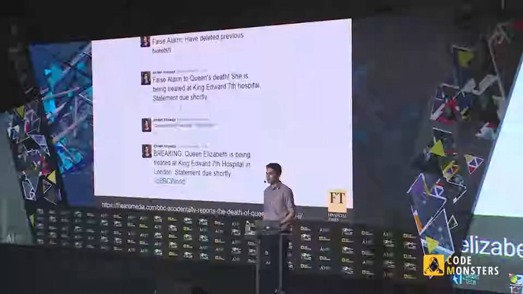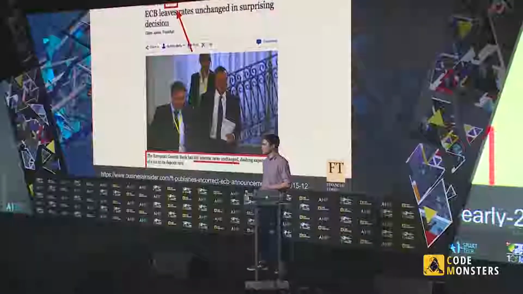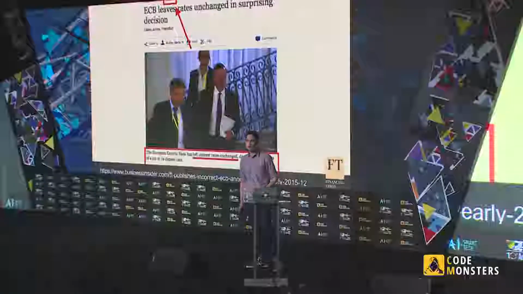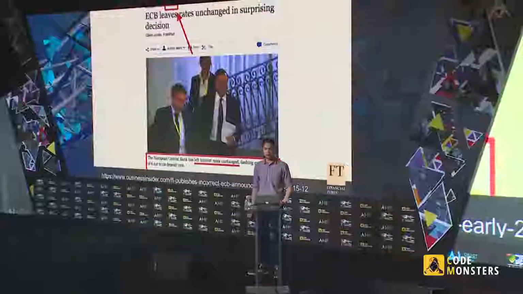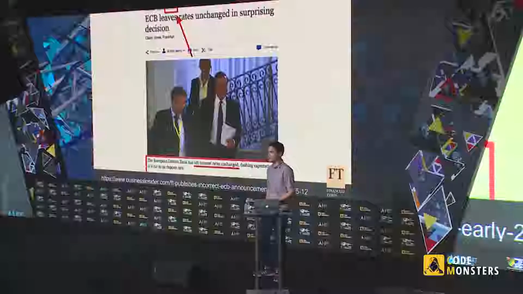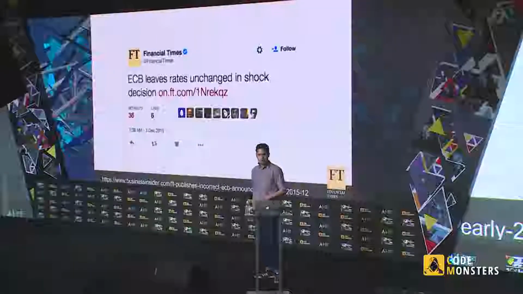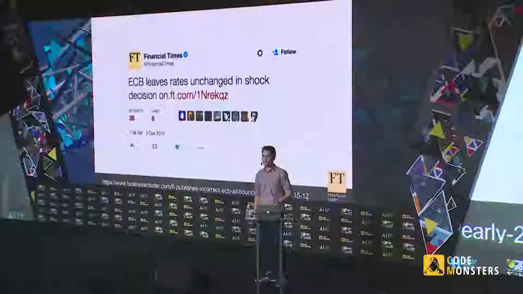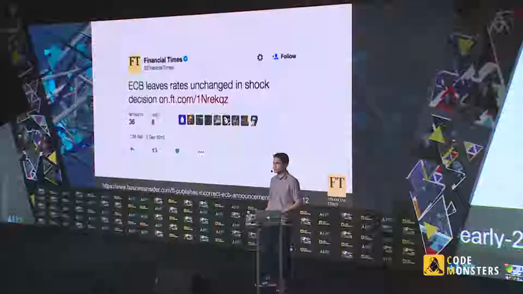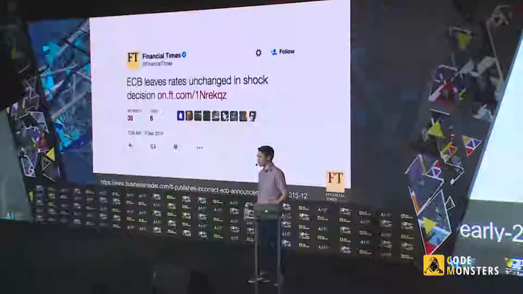In our case, we were updating a draft article about the ECB holding the interest rates steady, and this was the complete opposite of what everyone was expecting to happen. However, instead of updating the draft, the wrong article was accidentally published live, 10 minutes ahead of the announcement embargo. To make things worse, our systems then automatically published the associated tweet, which went live out to all of our